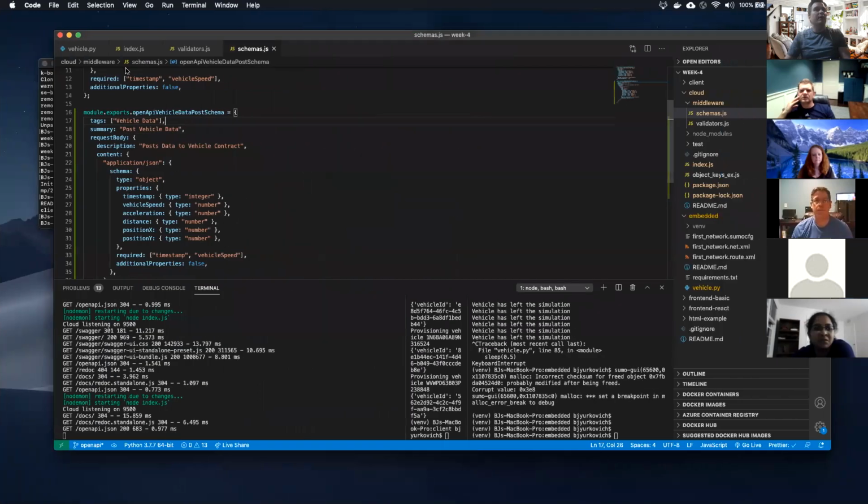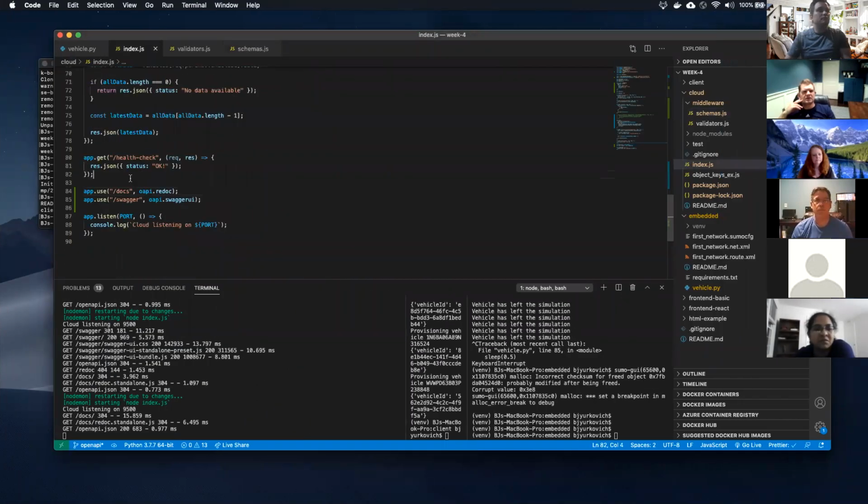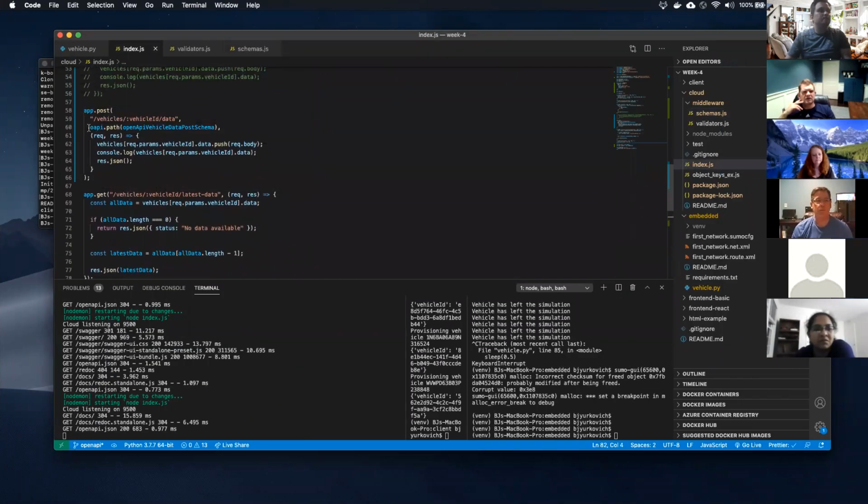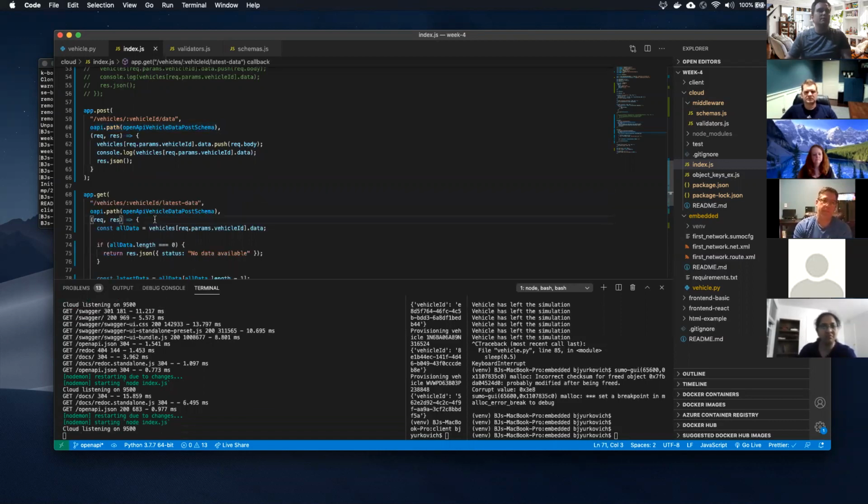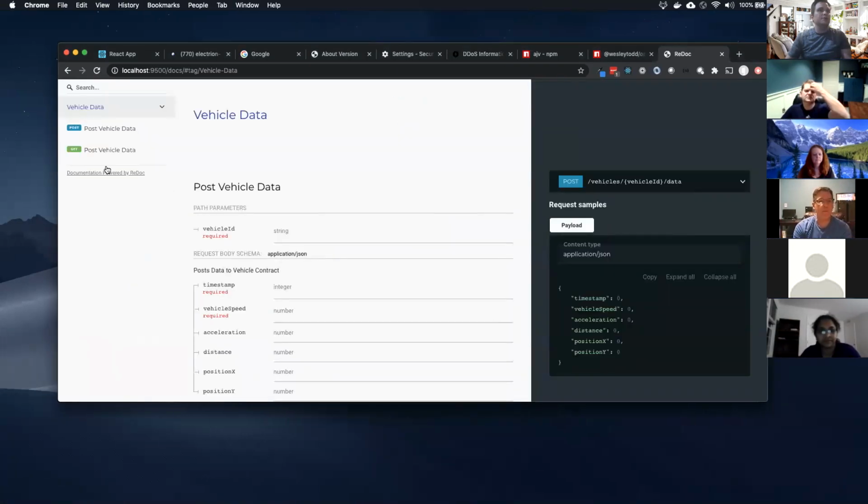It's only pulling the ones that we documented. Specifically that one. Okay, so it's only ones that are truly used in the code. Correct. Well, only the ones that I have provided a schema for. Exactly. So I could do the same thing here to this latest data. This would be wrong, right? Because that's not an actual schema here. But what it would do is give me two of them because I added it, right?